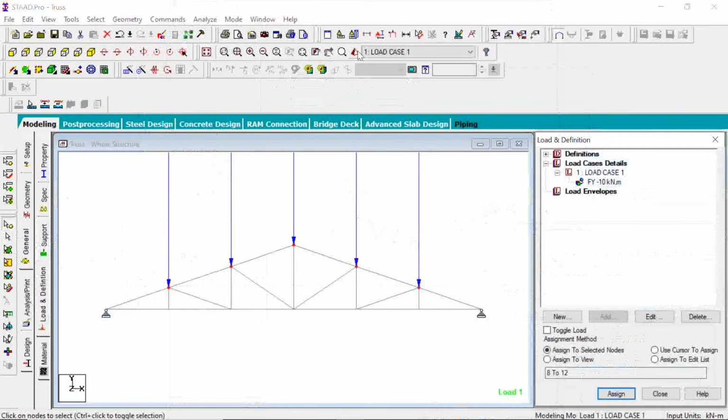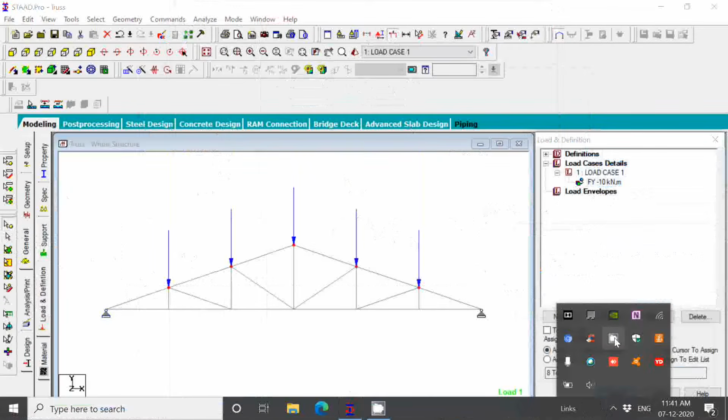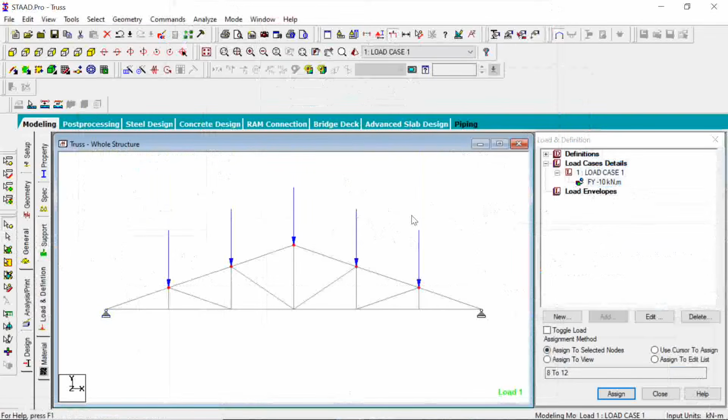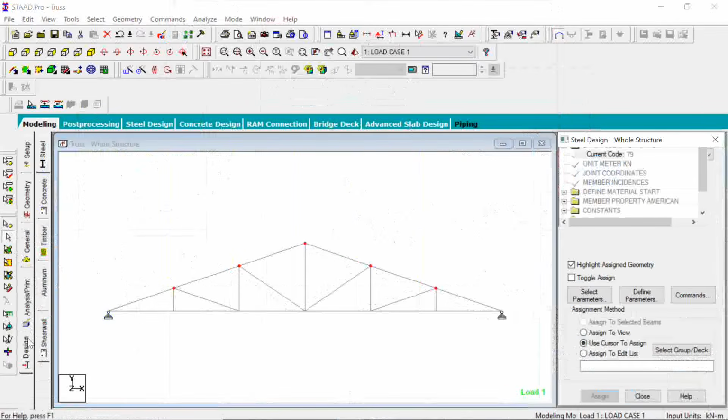Let me scale the load. You can scale it like this. You can select it and it gets scaled in this manner. Okay, so we have given the loads. Now after this loading is done, let us go to the design part. Okay, so in design part you give current code as IS 800,